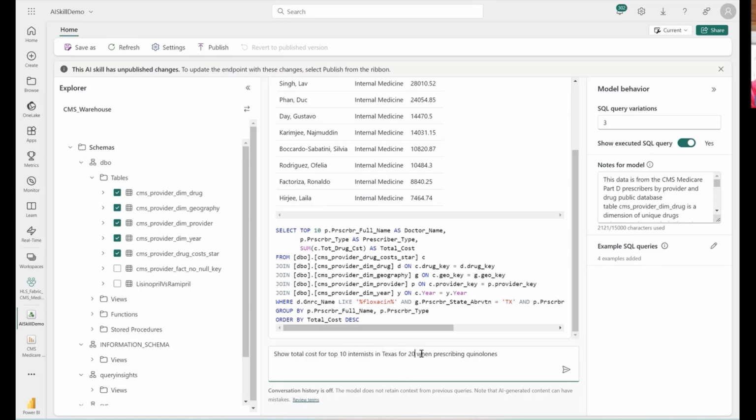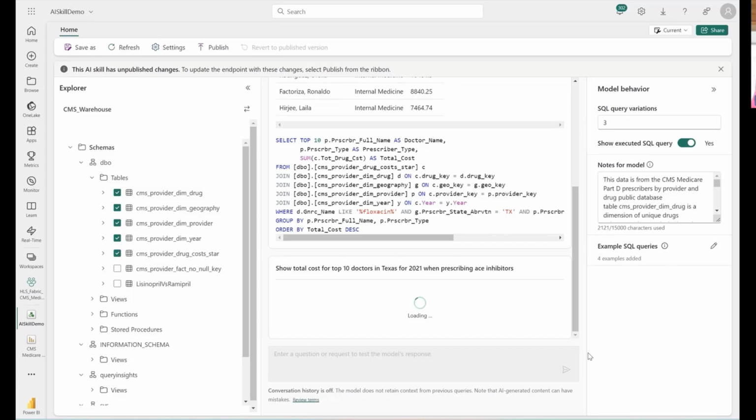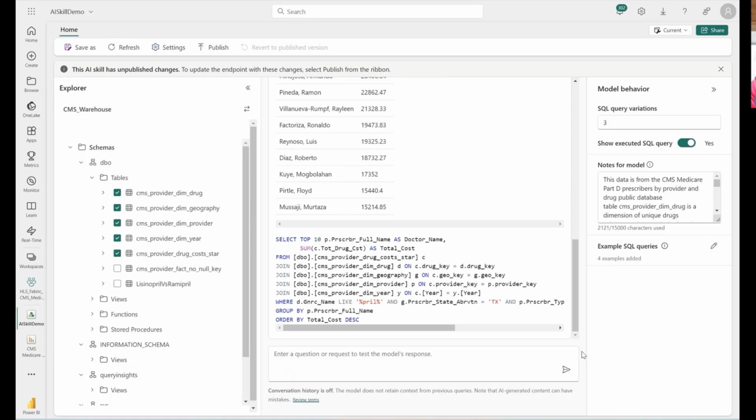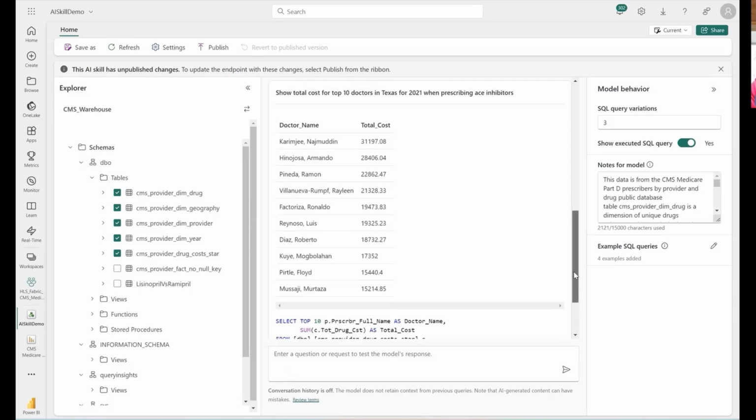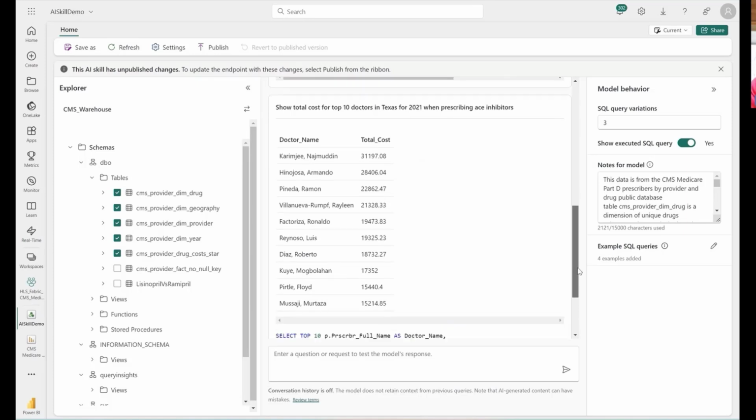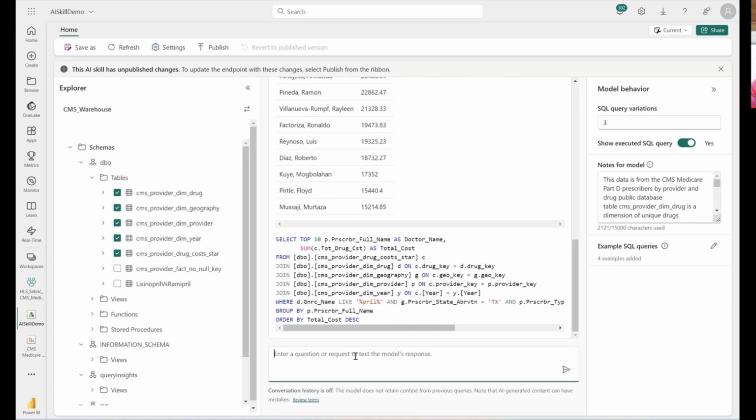So maybe let's change it to 2021, change internists to doctors, and maybe change this to ACE inhibitors. Right? And then it'll use the information that you provided as examples, and it will understand how to substitute the different scenarios, and even give you additional information such as let's say show a list of states